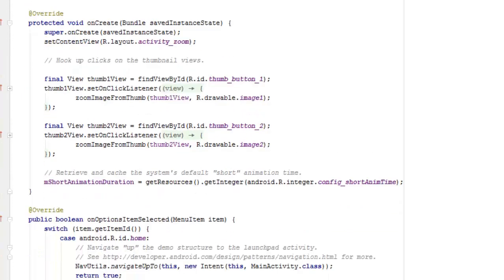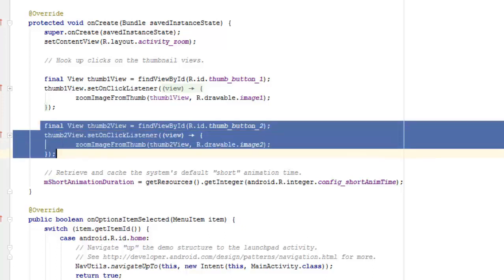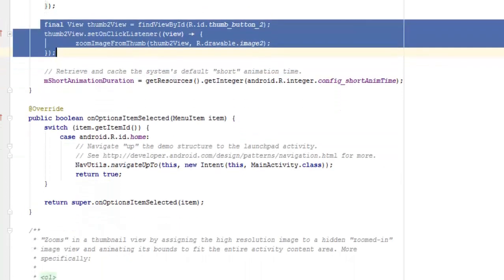All right, we have the onCreate method. We're going to set the content view to relate to the layout of the activity zoom. So we're going to hook up clicks on the thumbnail views. We have a thumbnail, where we have thumb1 based on the ID of the thumb button 1. We're going to set an onClickListener to it, which is going to call zoomImageFromThumb based on the drawable image 1. It's right in the drawable folder. The same thing we're going to do for view 2. So we're going to retrieve and cache the system default short animation time